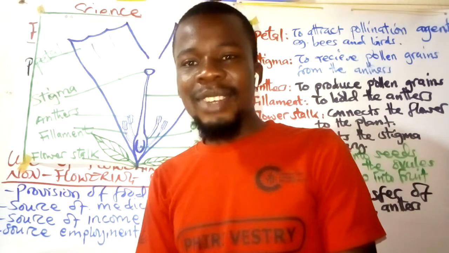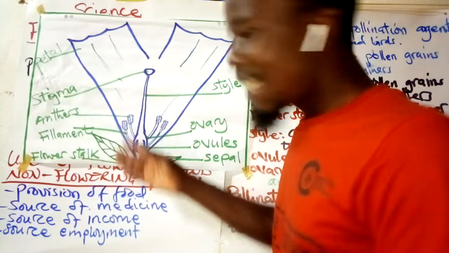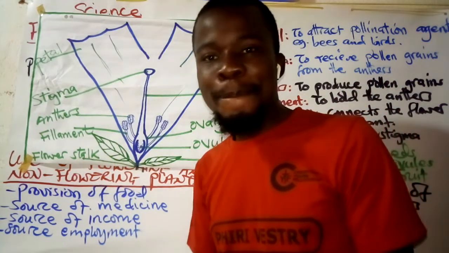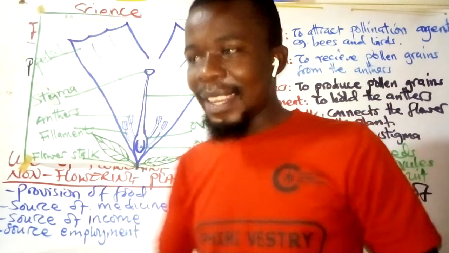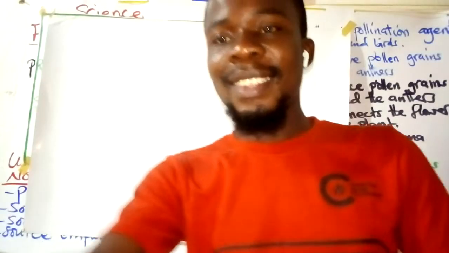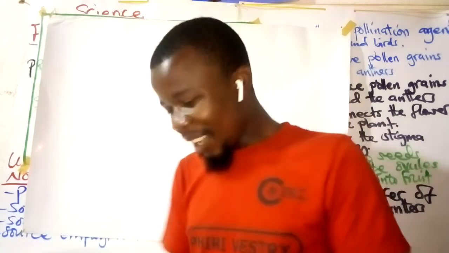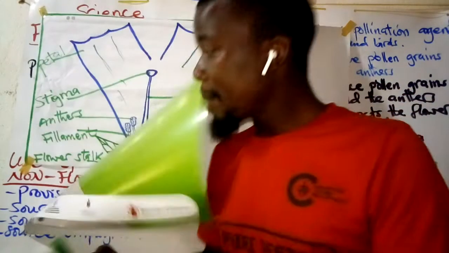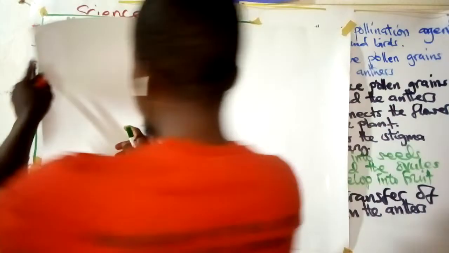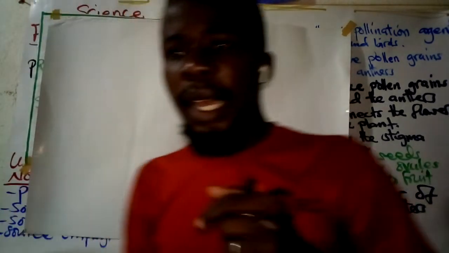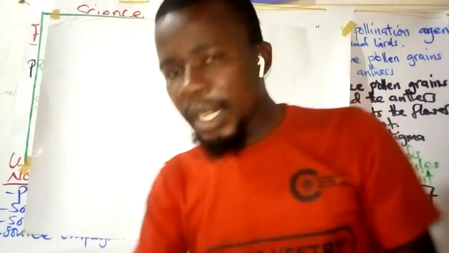How I wished I demonstrated this one. Unfortunately, the space is not allowing me. Let me get another chart. All right, the chart is back. Okay, we are saying, oops, the chart is misbehaving. I'm sorry. Let me just use this one. Do this. All right. Now, I was saying When we talk of pollination,